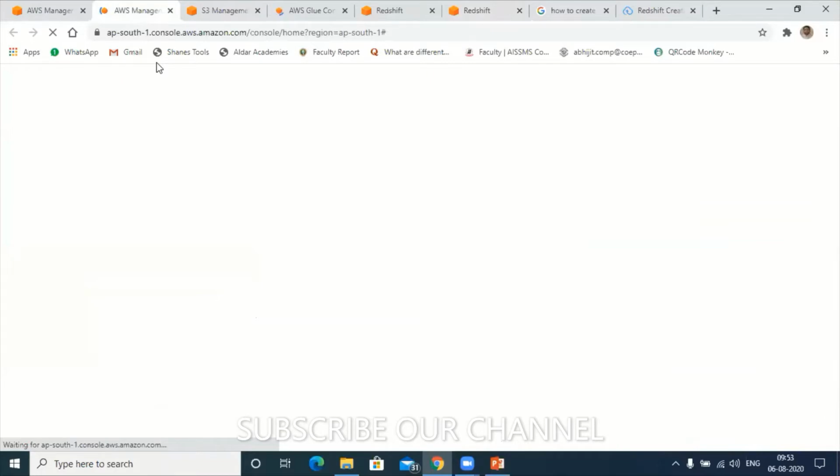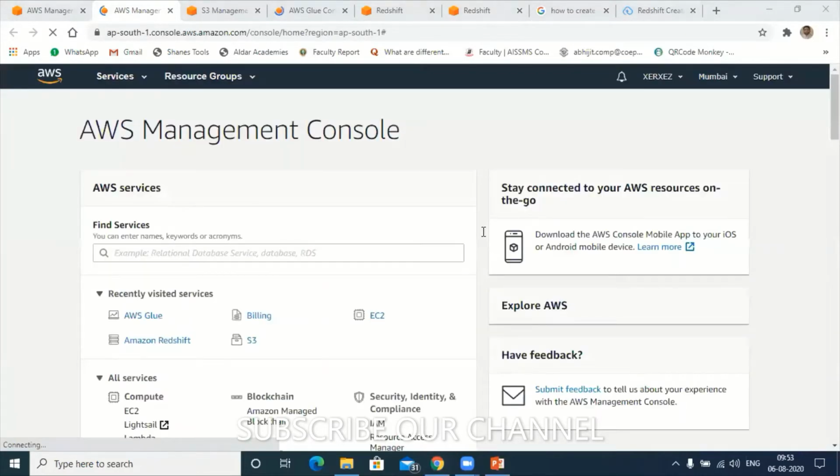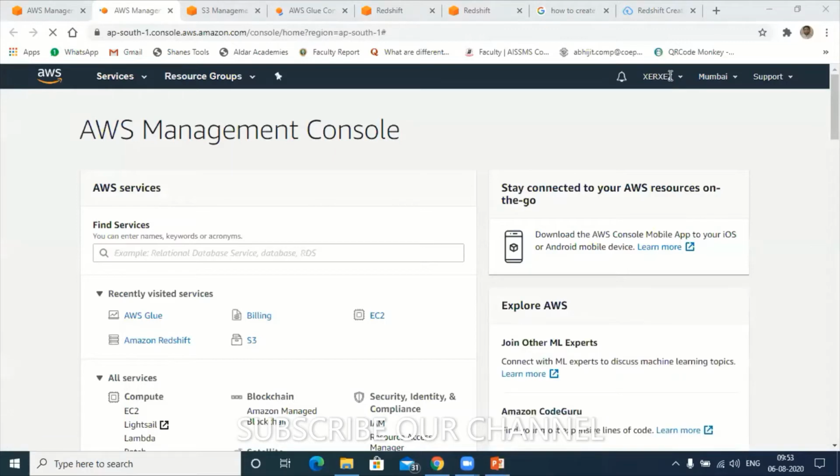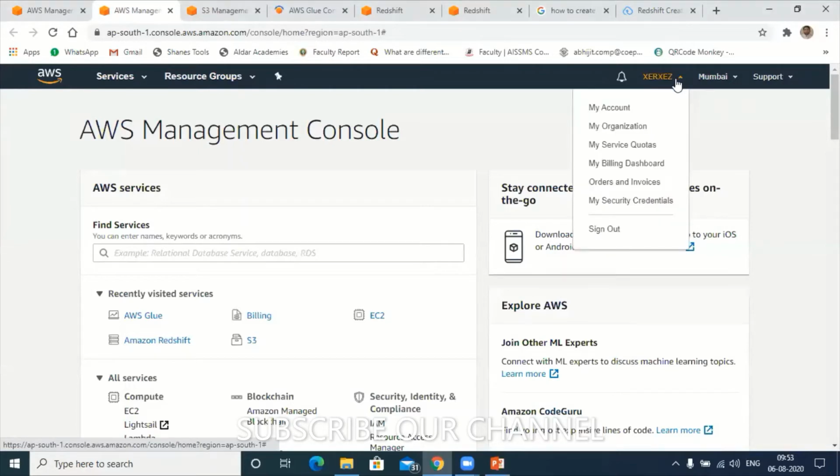Hold on, it's processing. Go to your login credential and click on it. Here you can see My Billing Dashboard.